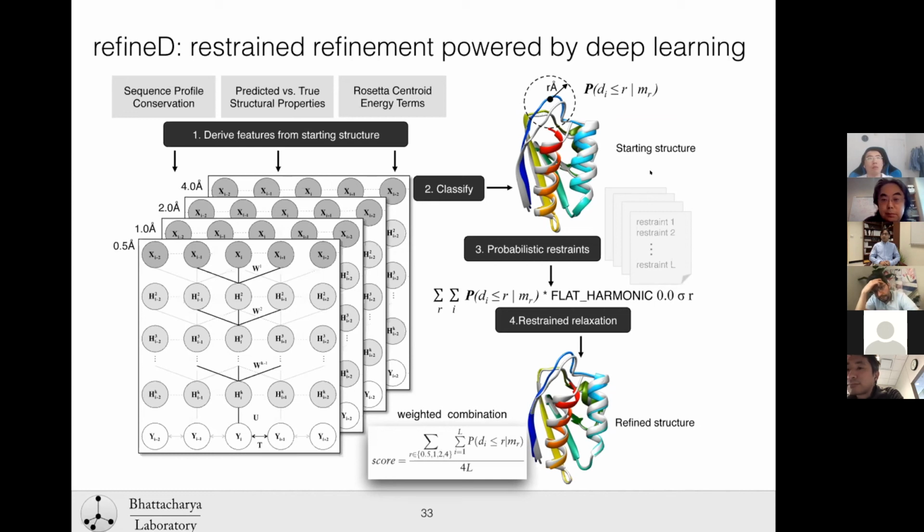When the starting structures are good, by good I mean when, let's say, the TM score is more than 0.5 or 0.6, or maybe even approaching 0.7, then we see that not just our refinement, but the other methods that we compare our method against, they all tend to do very well when we have a reasonably accurate starting structure. When, on the other hand, we have a model which is not necessarily very good, then we have seen that almost all methods actually have a tendency to deteriorate the structures.